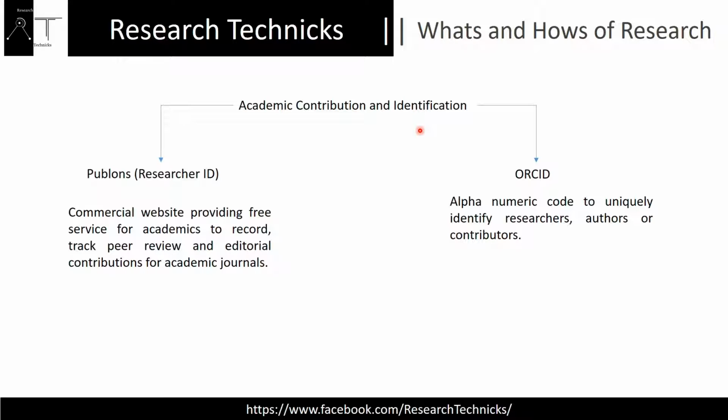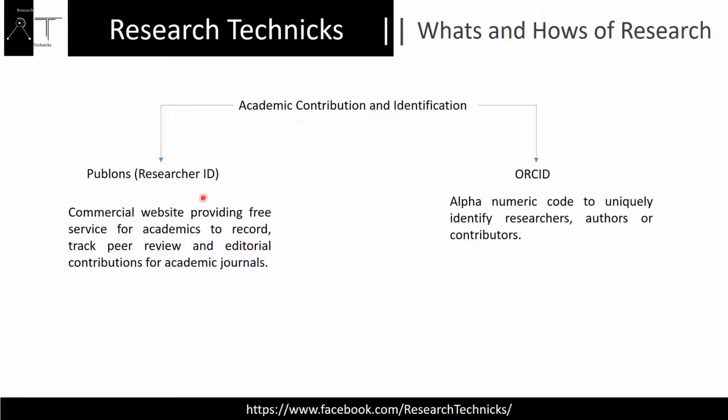And sometimes it also happens that we have two researchers with the same type of name, okay, I will tell you how. With the same type of name, people get confused about who is who, and sometimes it creates a kind of mix up. So to remove all those confusions, we have two free tools. One is ORCID, or whatever be the pronunciation, and the other is Publons, giving you a researcher ID.